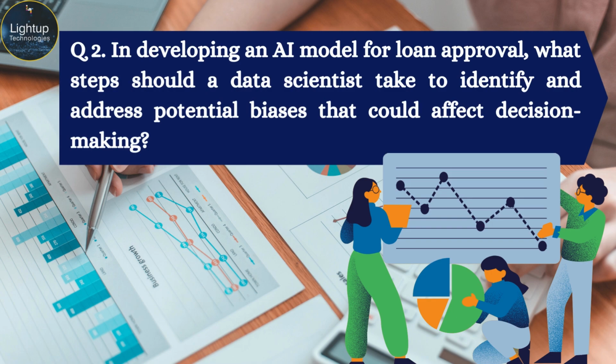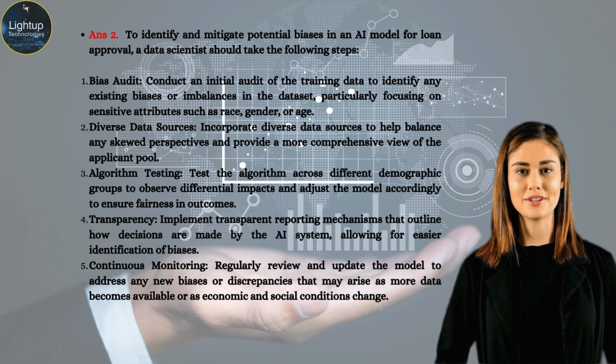In developing an AI model for loan approval, what steps should a data scientist take to identify and address potential biases that could affect decision-making? To identify and mitigate potential biases in an AI model for loan approval, a data scientist should take the following steps. Bias audit. Conduct an initial audit of the training data to identify any existing biases or imbalances in the